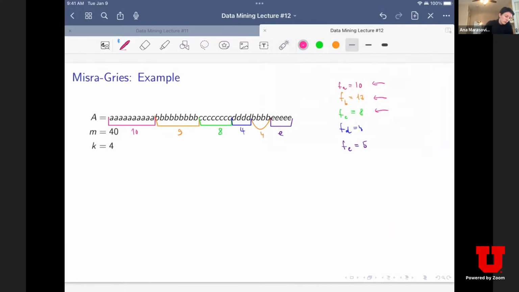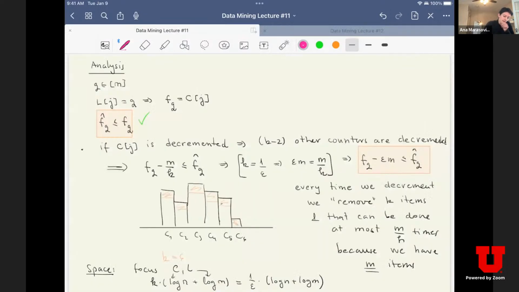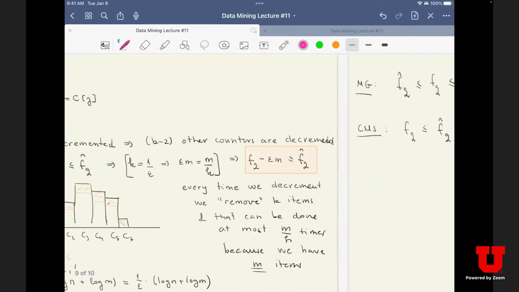Another thing we talked about last time is that there are bounds on the estimated frequency for each element. And here we have